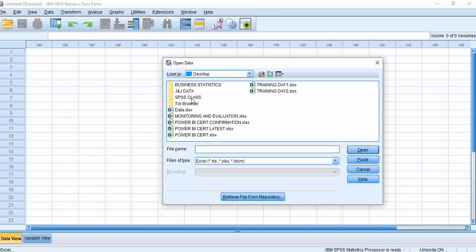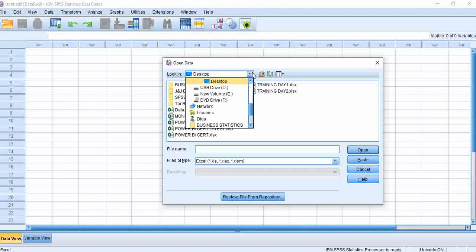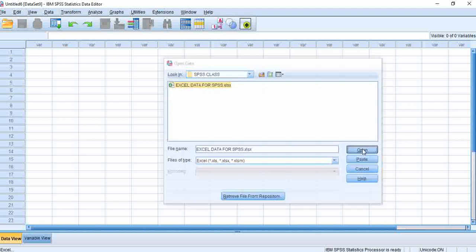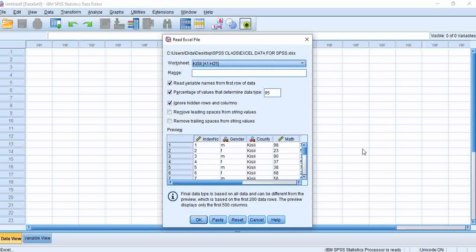In Excel, you can see that I have where I can select my data from. You can see from Look In, you have desktop. You can have all other places where you can import your data from. So go to where your data is located and choose. So here my data is located in SPSS class, and this is the data that I'm looking for, Excel data for SPSS. I say open,